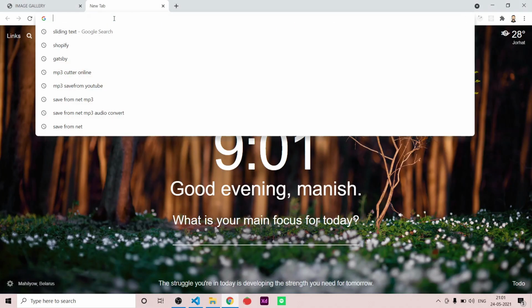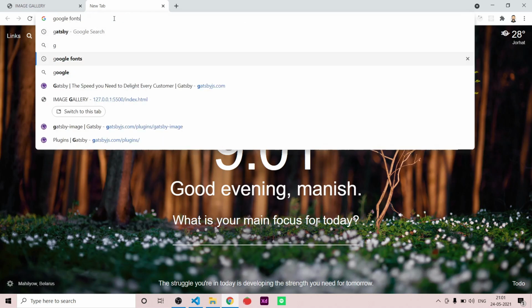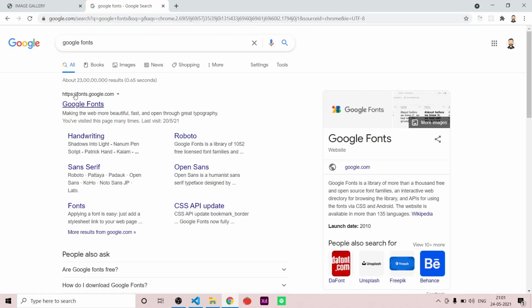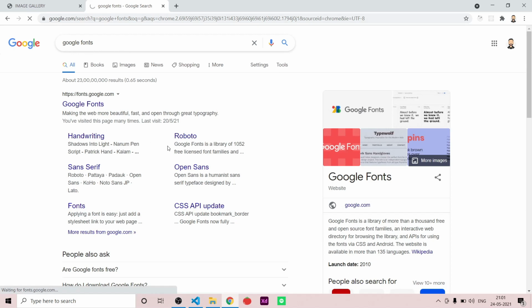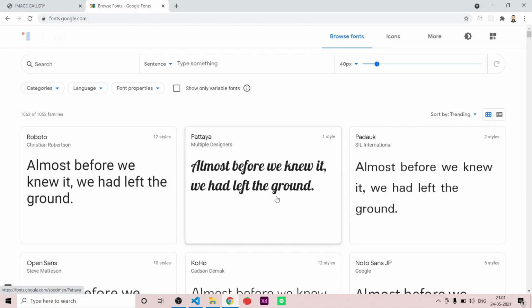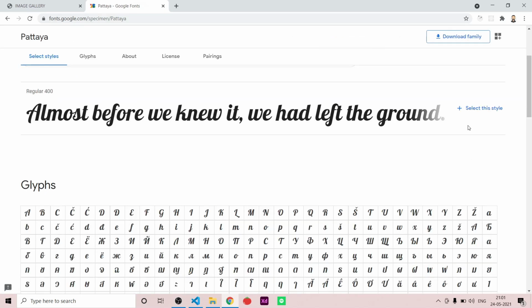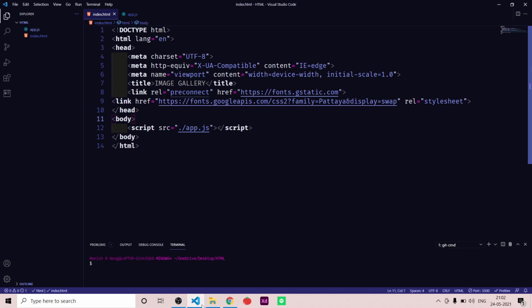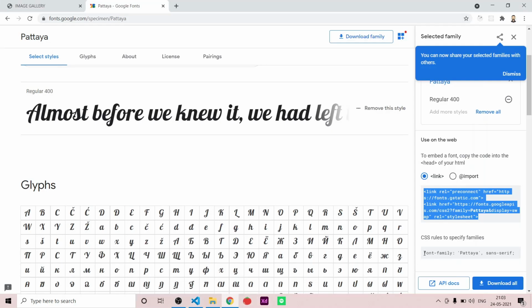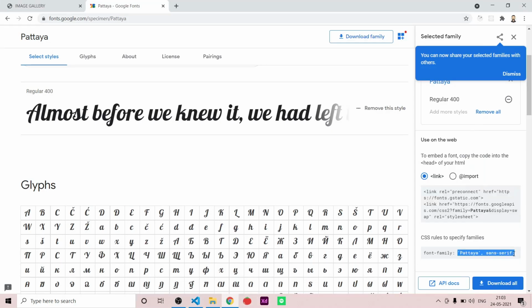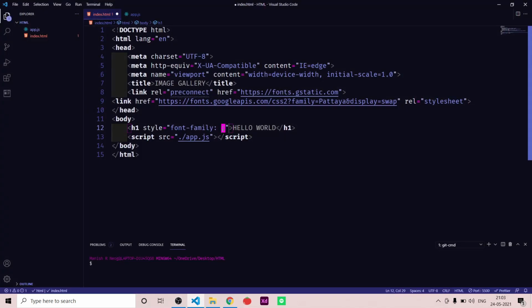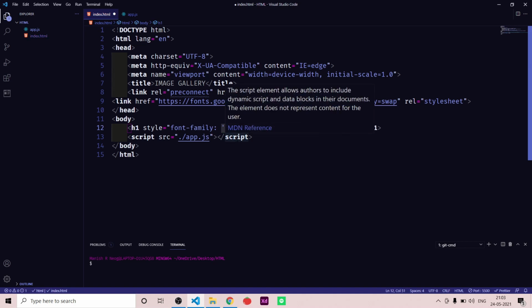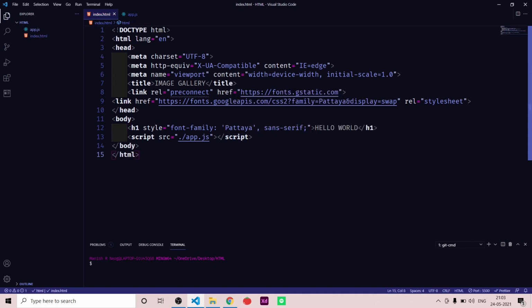For example, if you jump to Google and go to the Google Fonts website, let's select the font style. Now here you can see the link of the font. Now let's copy it and paste it in your HTML. Now let's copy the CSS rules and use it as the style of the heading. Now you can see the font style of the heading in the window document changes to your desired one. The link element is an empty element as it does not have any closing tag and supports only attributes